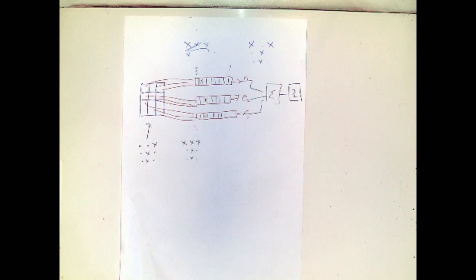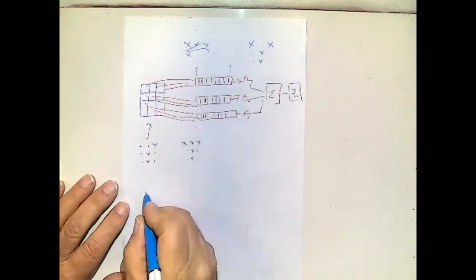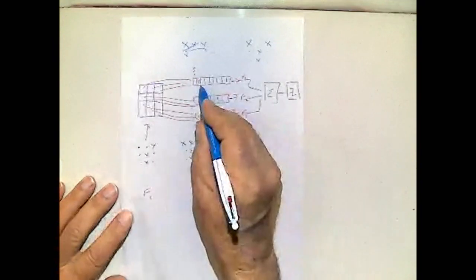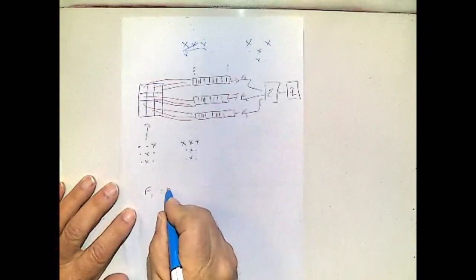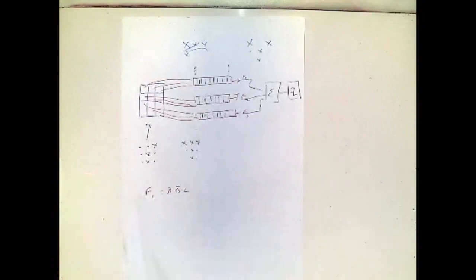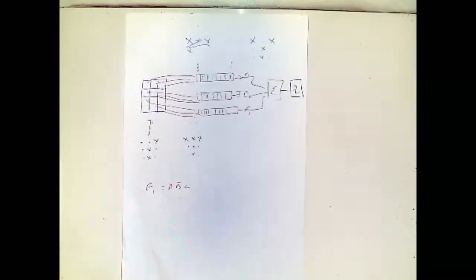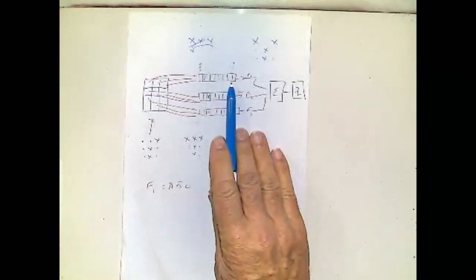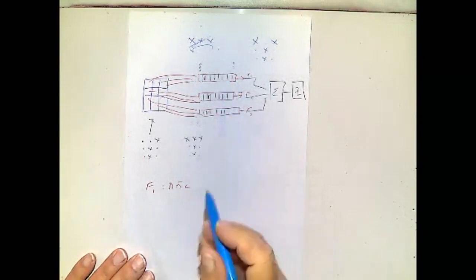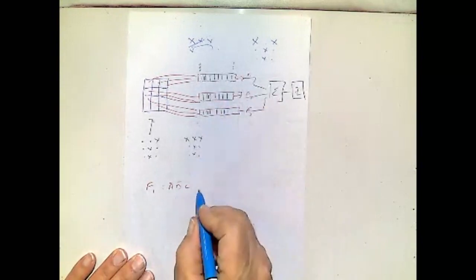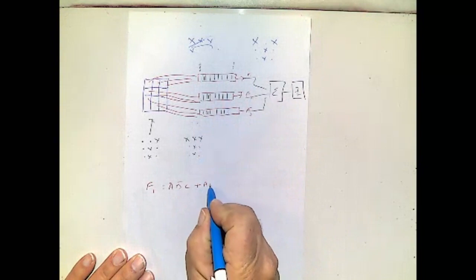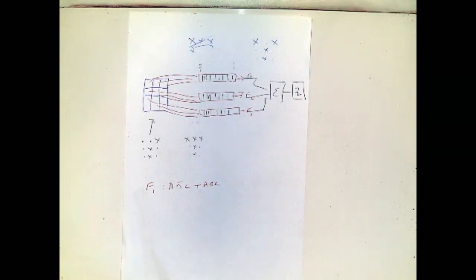In terms of a logic equation, F1 on training the first pattern was going to be not A and not B and C. That term there. The second pattern comes along. This function changed, the memory has an extra bit set in. It will now respond to A and B and C. So the function now becomes not A, not B and C, or A and B and C. Simple logic. But the stunning thing about that is we haven't lost the response to the first pattern. That's why you get the clustering.